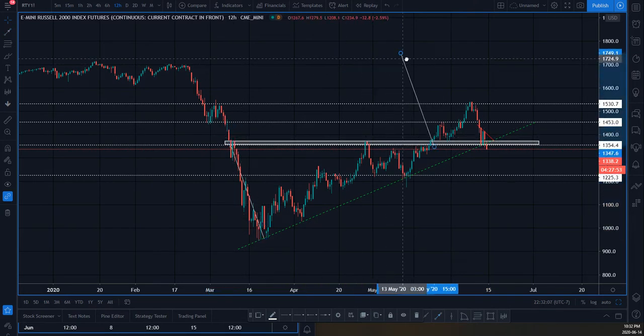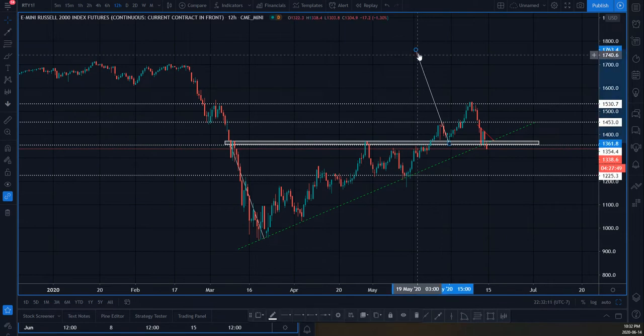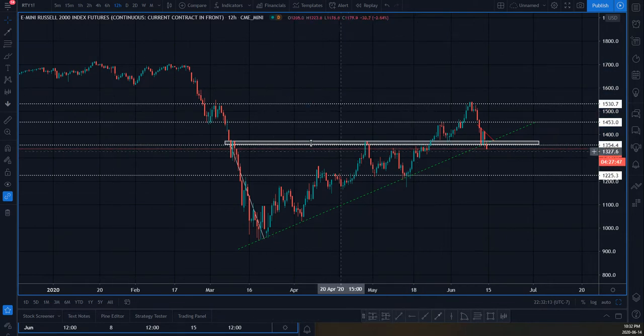So if we go like this, that would be the take profit that you'd be looking for if you're looking for a bullish move in terms of an ascending triangle, in my terms, for take profits. So it failed, leaving a lot of people trapped.